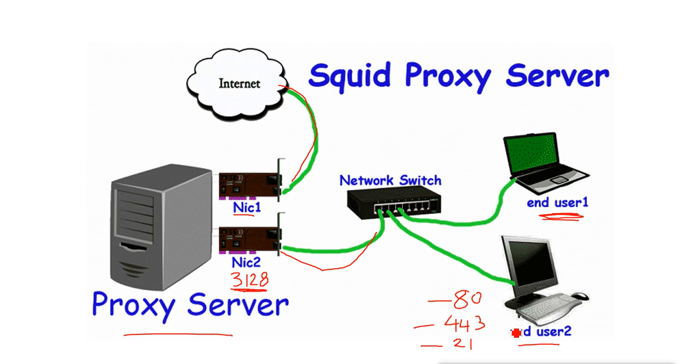Now suppose next time when this user tries to access the same site but the internet is not available, then what will the proxy server do? The proxy server will show the page from the cache. So it will show the page from its own cache. So it can cache all the pages which it browses. But this feature is disabled by default, because we can enable it, but it can occupy lots of space in the hard disk of your Squid server.